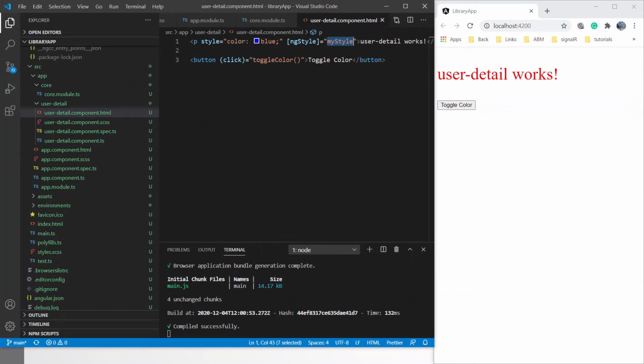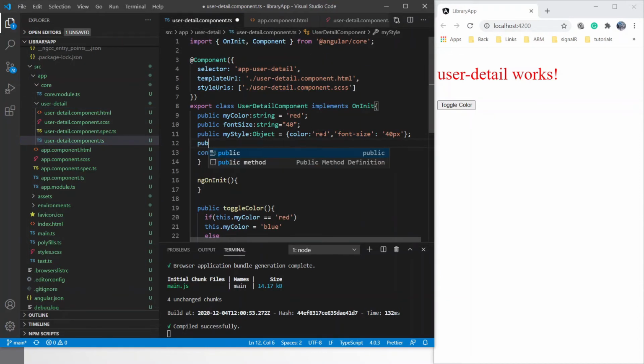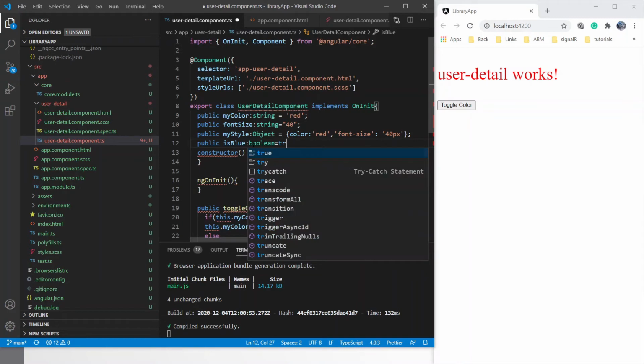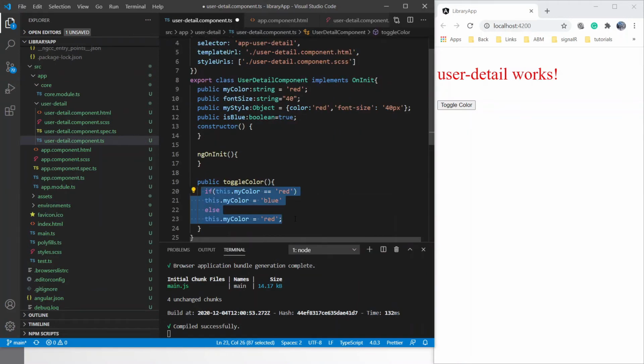ngStyle can be a better fit to apply conditional styles simultaneously. Let's define a variable here as public isBlue of type boolean equals true. Then in toggleColor method, remove everything and say this.isBlue equals not this.isBlue. Now in